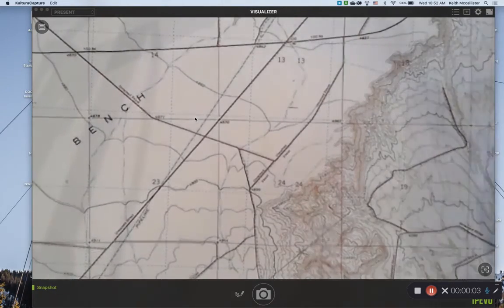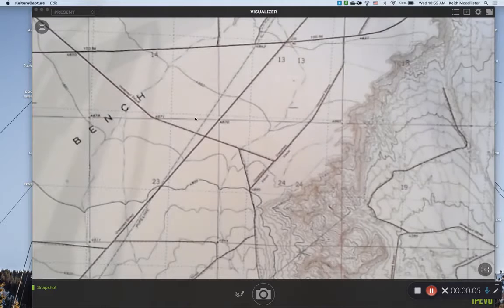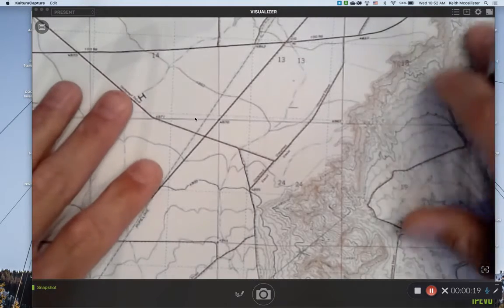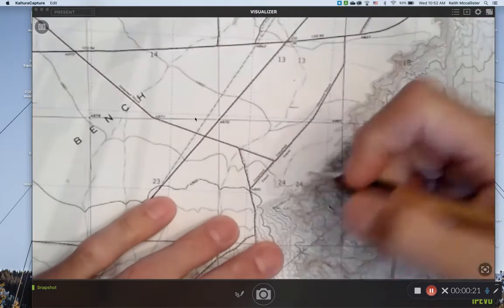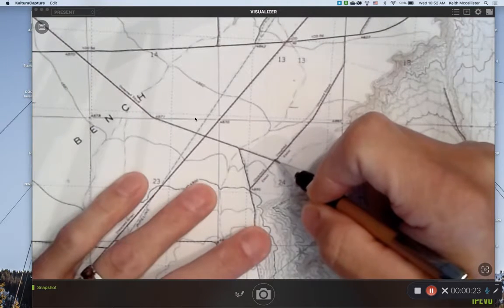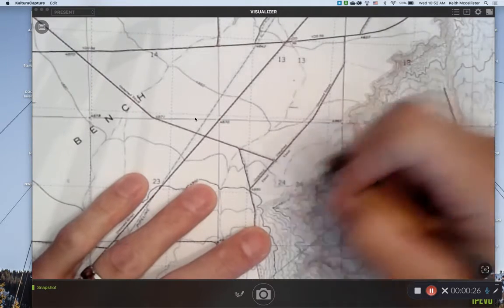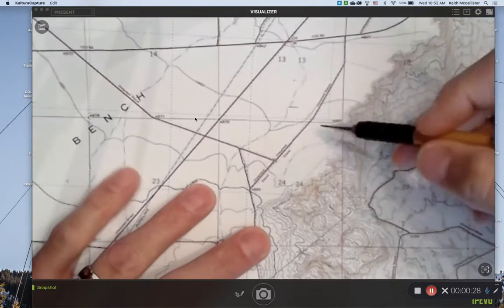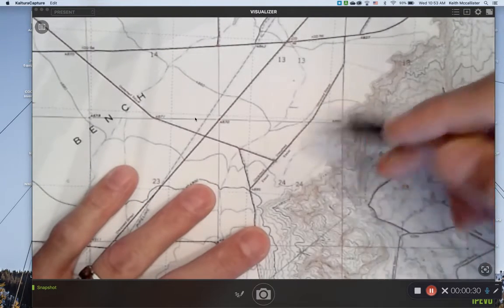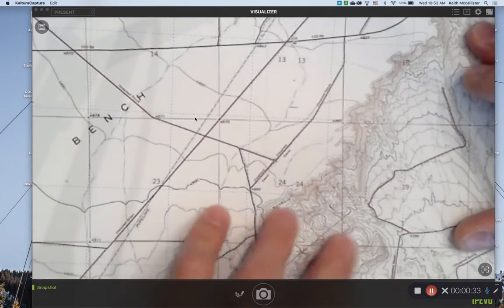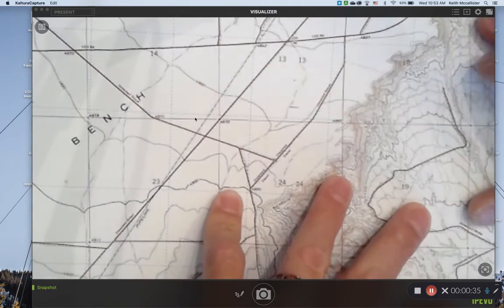Okay, so this little video segment is just going to be a quick one on finding a heading or bearing. We're looking to get the direction from point A to point B. For this example, we're going to look at our map here, and we're going to say we're starting at this intersection of the road right here. And then we're going to try and find what our direction, or our bearing, is